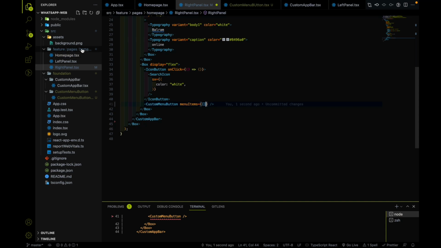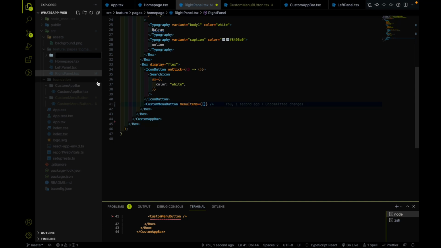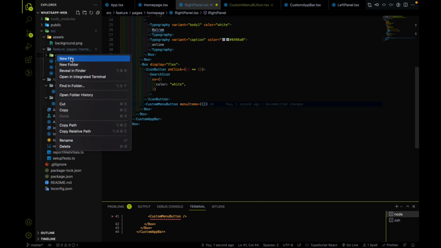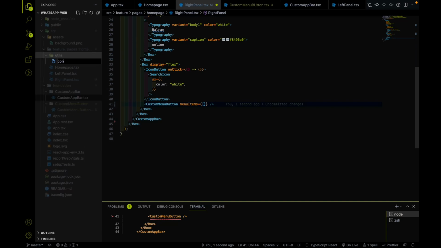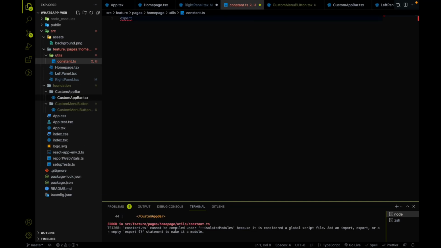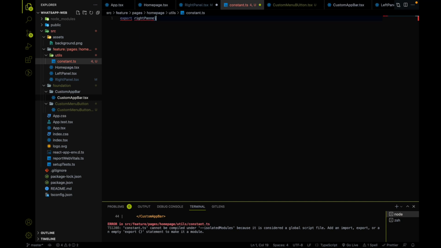go to the home page. I am going to create a new folder called utils. Okay, and here I am going to create a constant file, a .ts file. In the constant.ts file, I'm going to create an export, right panel menu items. Okay, so instead of,